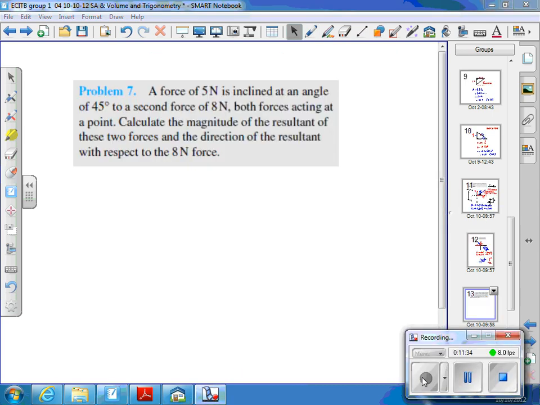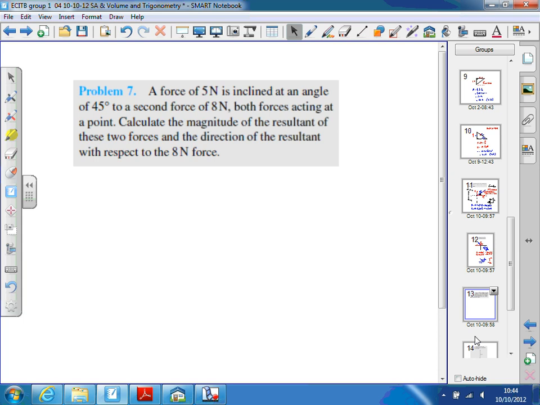Let's look at this one. We've got a force of 5 newtons inclined at an angle of 45 degrees to a second force of 8 newtons, both forces acting at a point. Calculate the magnitude of the resultant of these two forces and the direction of the resultant with respect to the